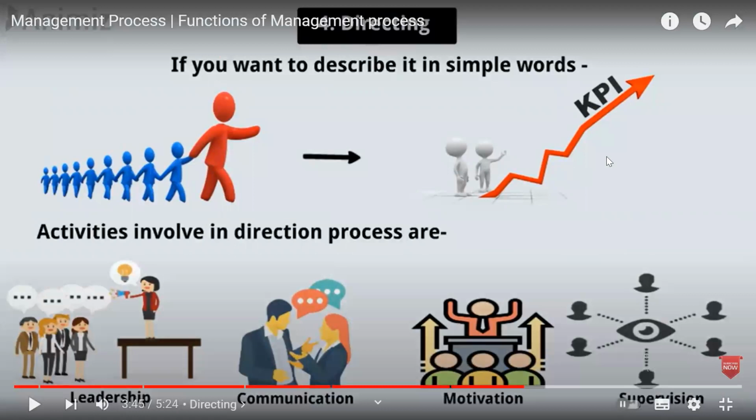So you can see, normally under leadership, we are talking about communication, how to do proper communication, how to communicate with our employees, and how we motivate them. Leadership, one of the main tasks is to motivate people, and how we are going to do the supervision in leadership. So that's why they're showing you this, because they have taken staffing, directing, and coordination as separate ones. But when we are talking under leadership, you can talk about everything under these 3 categories.